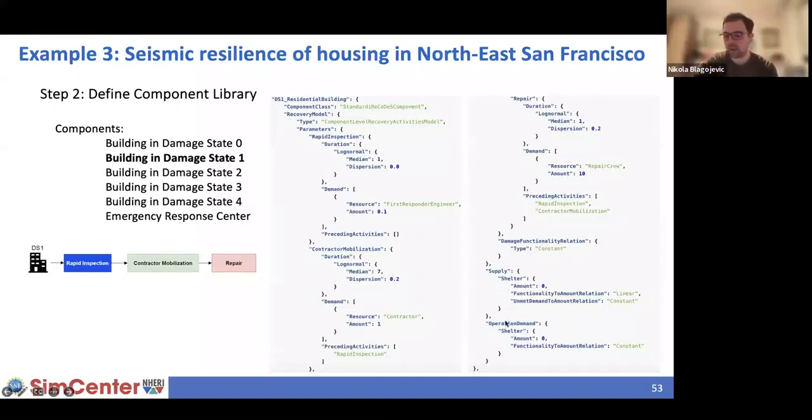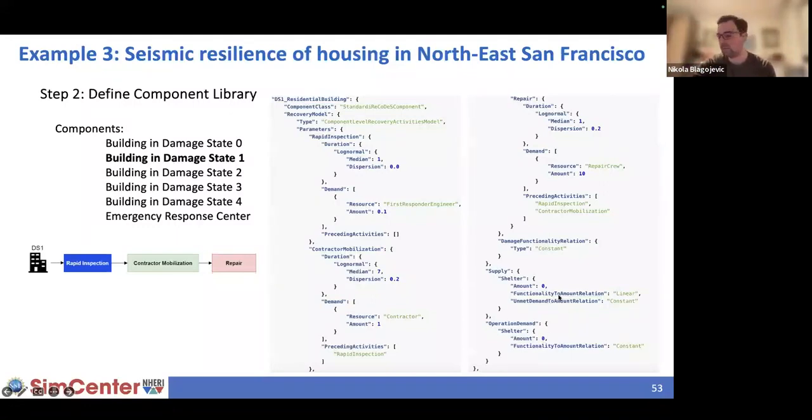And then we define the supply and demand. Supply, this building supplies shelter, and here you can see that the amount is 0. Why 0? Well, because what we're going to be doing here, we assign these template, these default values, let's say, and then as we are creating systems and as we are reading the information from R2D, we're going to see what is the floor area for each building, and then we're going to assign the population of each building conditional on the floor area. So these amounts are actually assigned a bit later when the system is created.